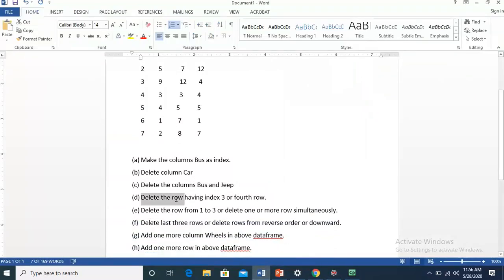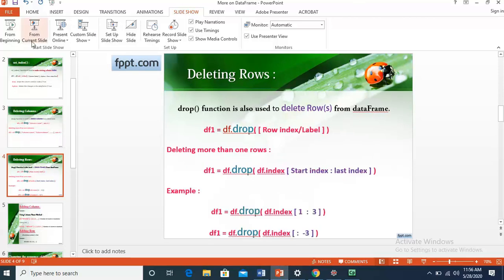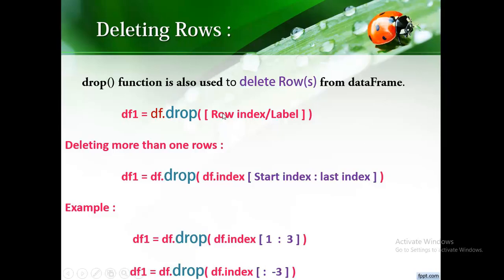Now the next is delete the row. For deleting a row we have the same function drop, and here in square brackets we will give either the row index or label name. And if we want to delete more than one row, then we will simply use the concept of slicing, start index then last index.